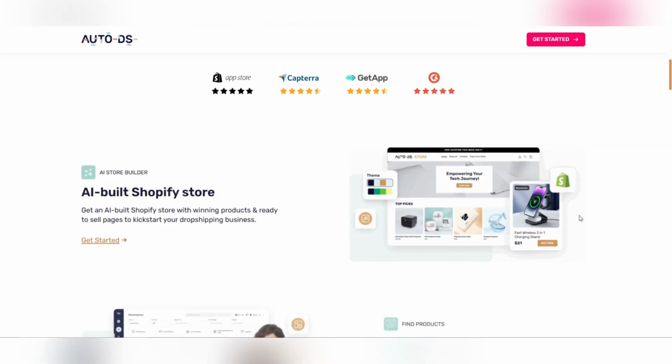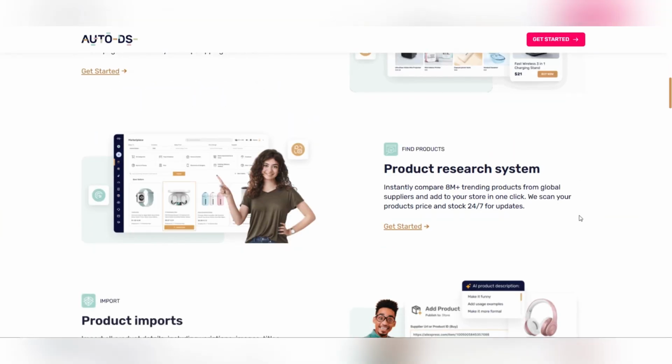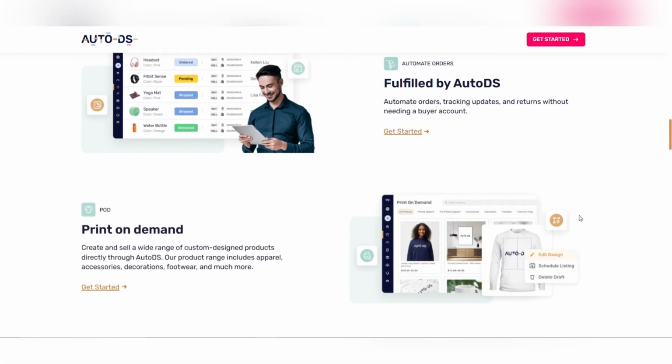In this tutorial, I am going to show you how to use AutoDS for Amazon, so you can dropship on